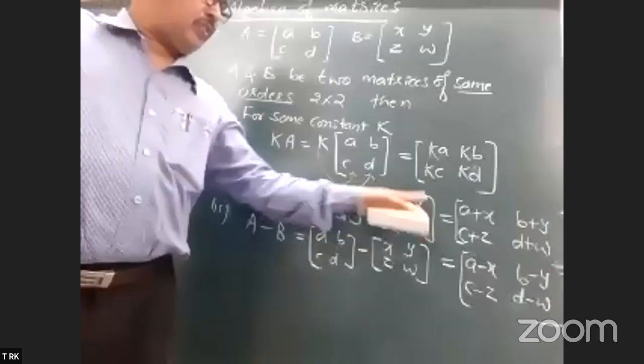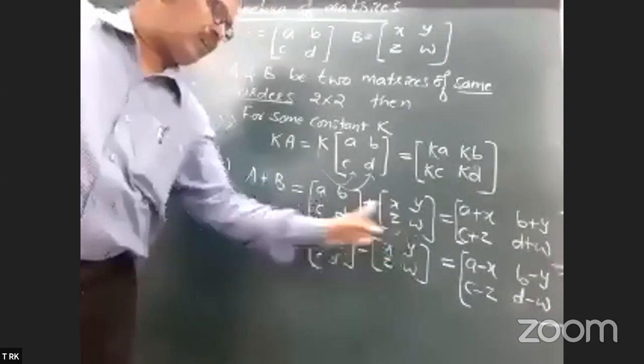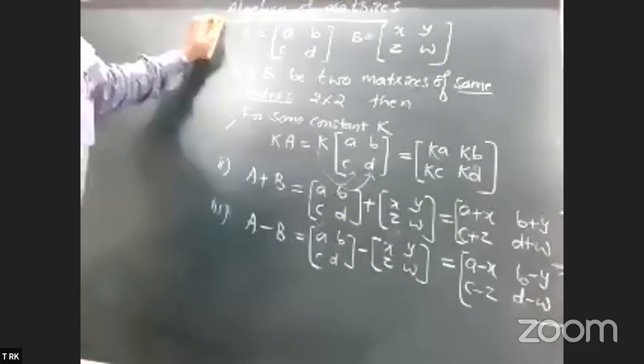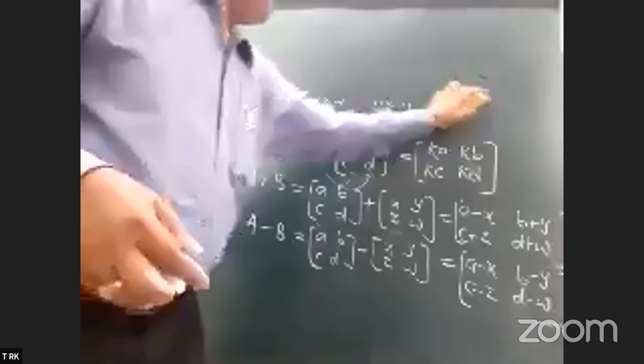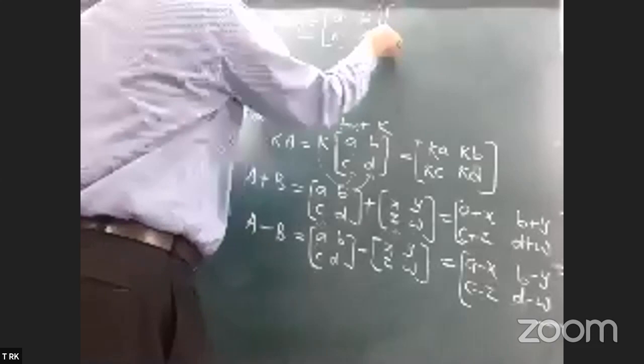Elements of A, add all elements of B to the corresponding elements of A. A minus B means subtract all elements of B from the corresponding elements of A. A is A, order of A 2 cross 2, order of B 2 cross 2, B is X, Y,